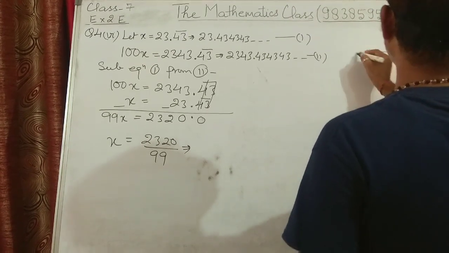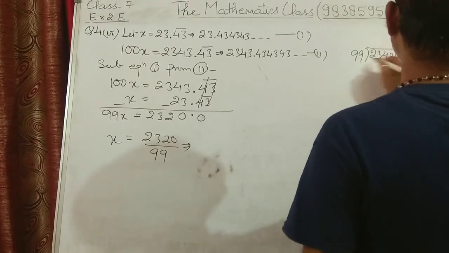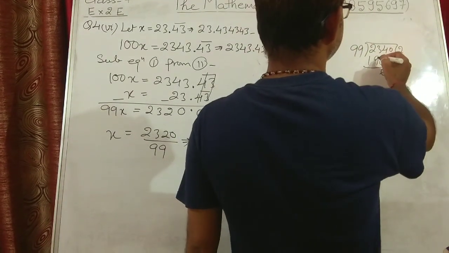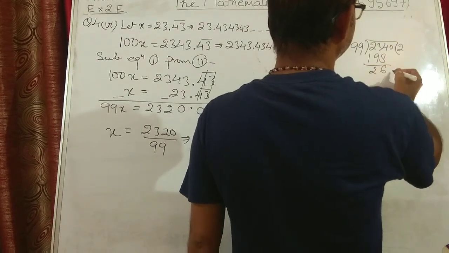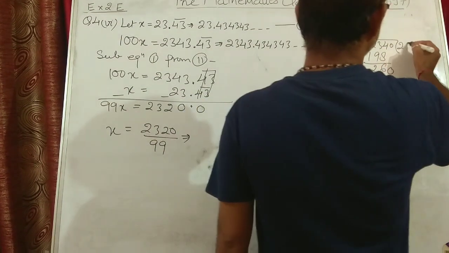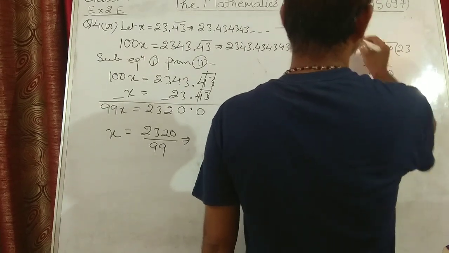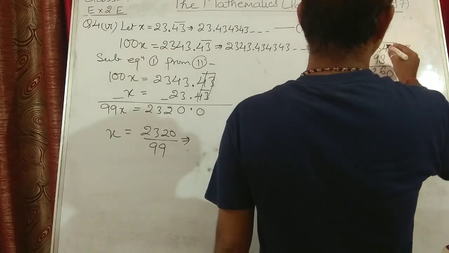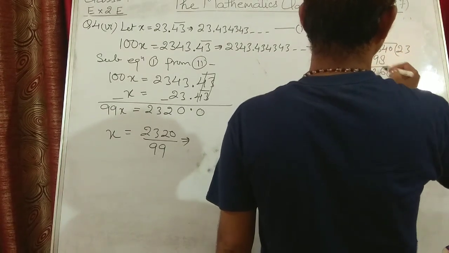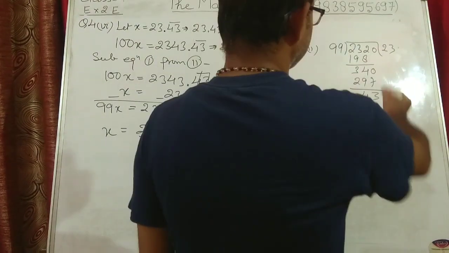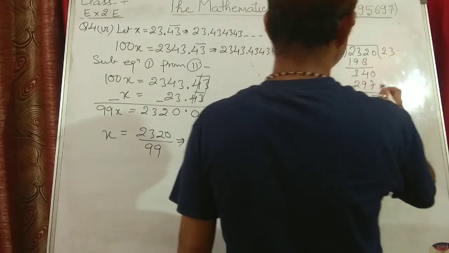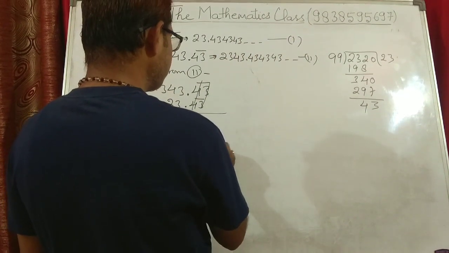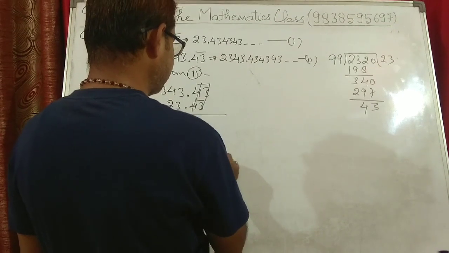When you divide, 2 9s are 18, 198. So 6 and 9 and 2 12, 260. So it will be by 3. 3 9s are 27, 2 27 29. 2 3 4 198. Now this will go by 3, 297, left is 43. So this can be written as 23 whole 43 upon 99.